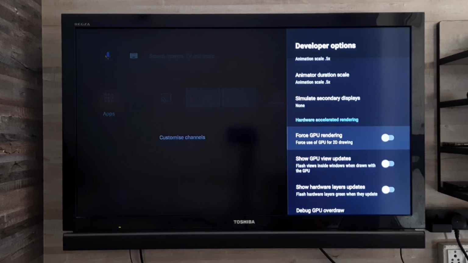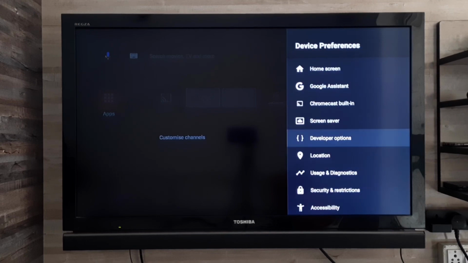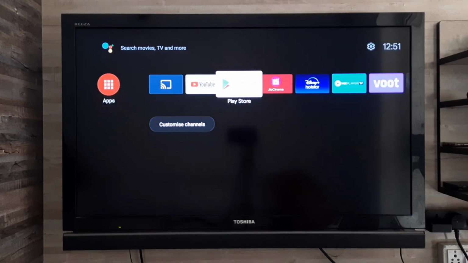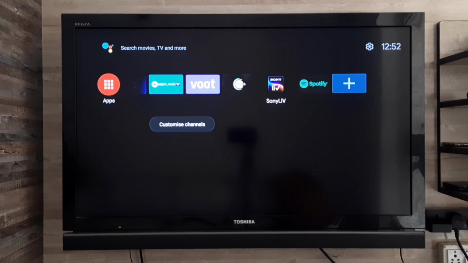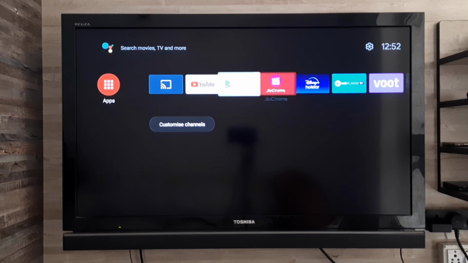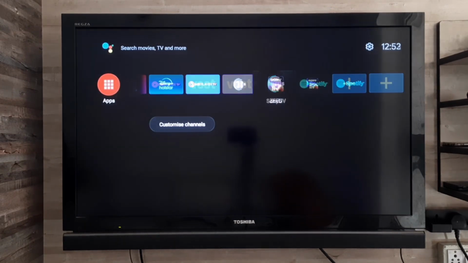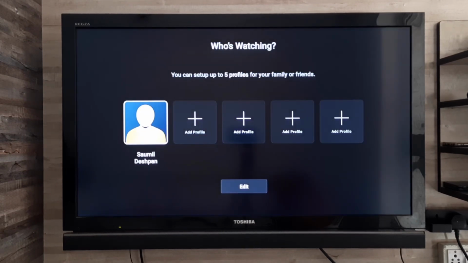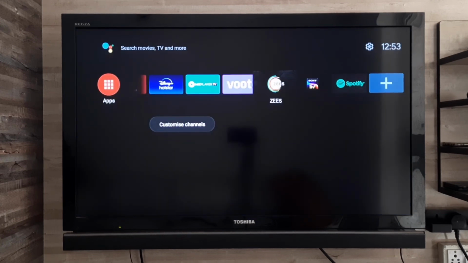Force GPU rendering on, force 4x MSAA on. Now see the difference. As you can see, animation speed has been reduced. Now if you open any application, so this was the difference.